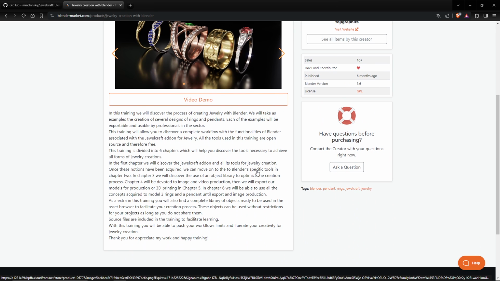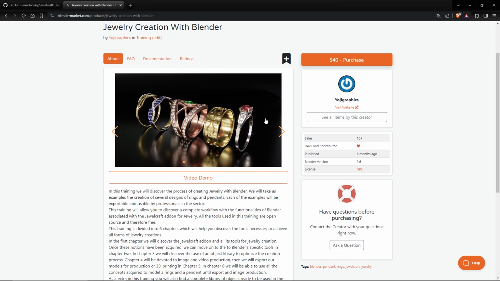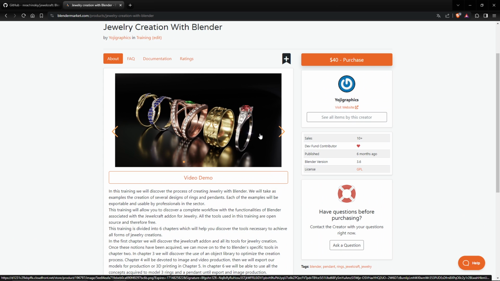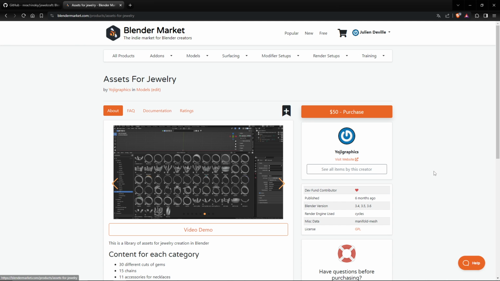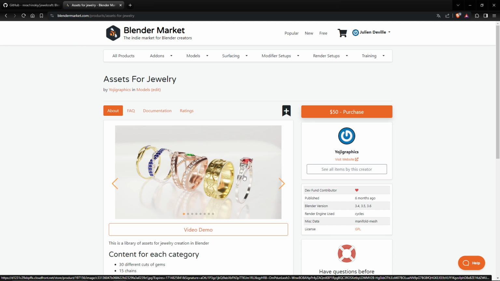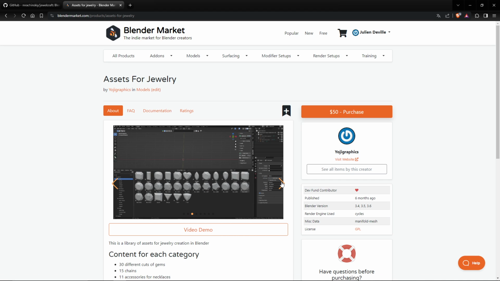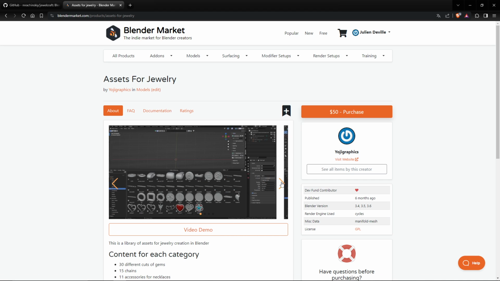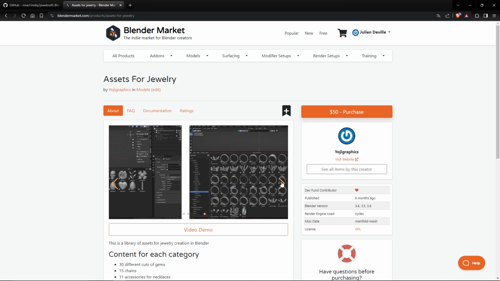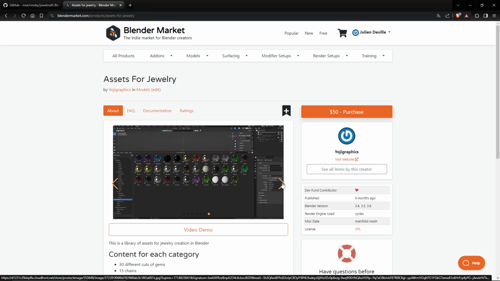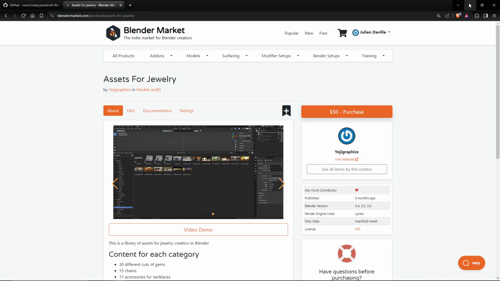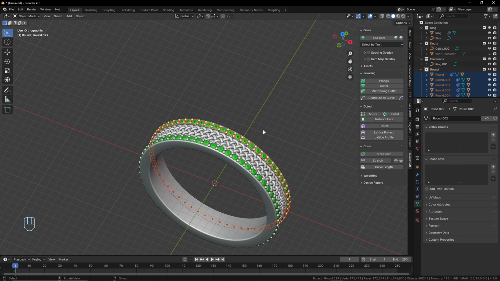You will have the possibility to play around with all of the settings of Jewelcraft and Blender to create some nice jewels. And I will use here an asset library that I use too. It's the asset for making some jewels as well. You have a lot of little shapes and basic shapes to create jewelry easily. So I will use that, and some materials, some shaders too, and some studio setups as well. I will use that to show you how it works, but